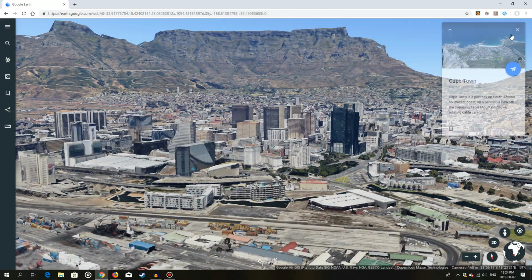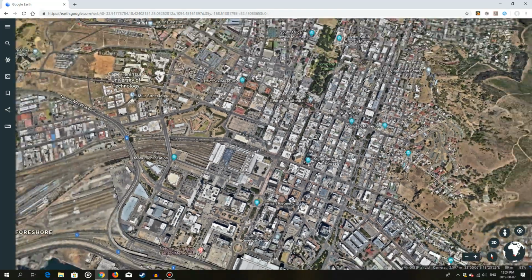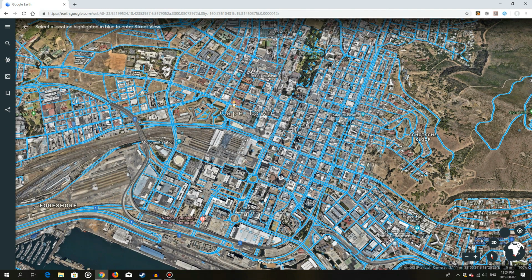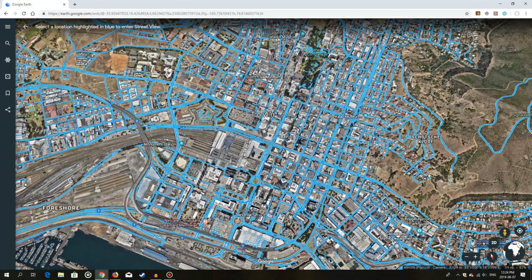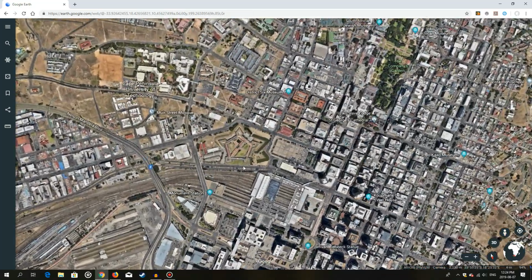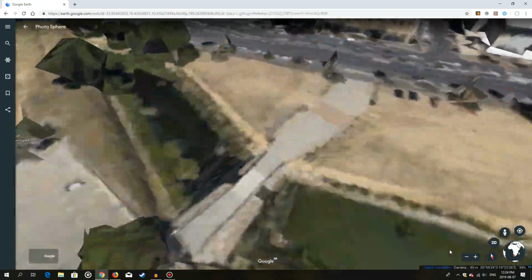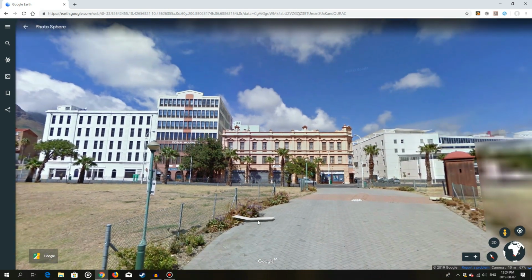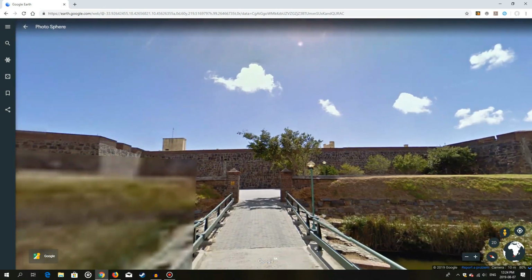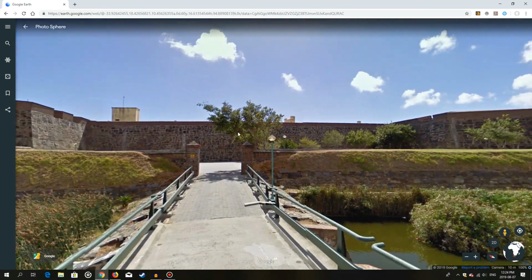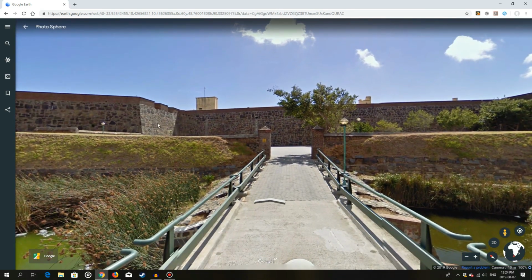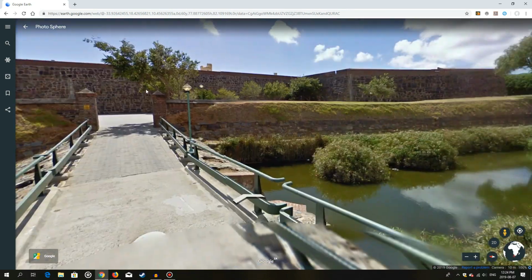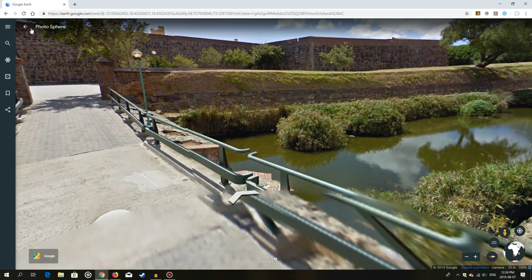We can just close this. I want to drop down to anywhere in the city with the street view, just so we can have a look. Let's just go right there. And I picked that because of the fort here. Right, and most of it is blocked now because of these buildings, but anyway, if we look to this side, we'll see this fort that was built by the Dutch. This is the oldest building in Cape Town, and we can just go back out again